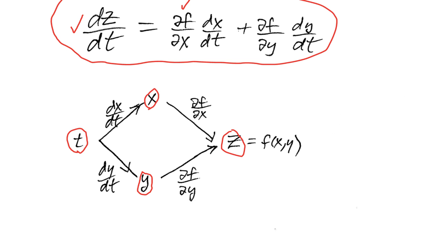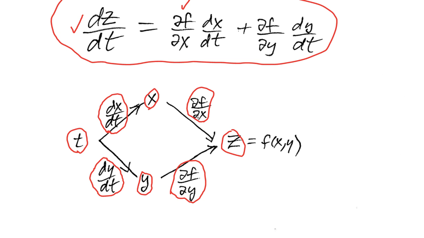Now, if I think of x as a function of t here, I can talk about the derivative of x with respect to t in the case that it actually is differentiable, as I've mentioned. And the same thing over here, dy over dt. So I'm going to label these directed line segments with dx over dt, dy over dt, and likewise these directed line segments entering z with partial derivatives here only, though, right? So I'm going to write the partial derivative of f with respect to x and y,